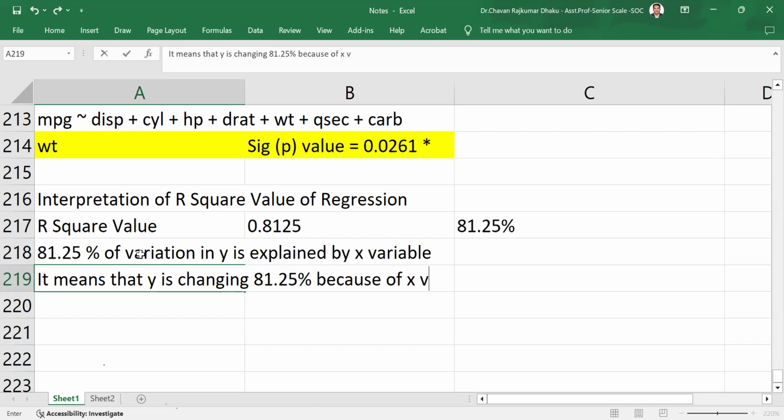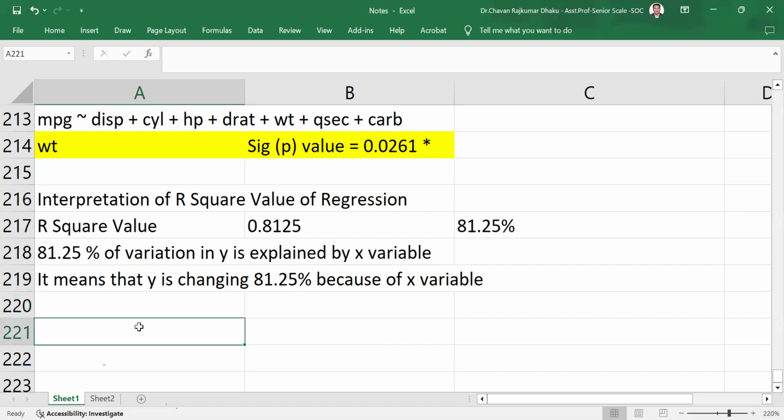There are multiple X, no? X is changing Y, but Y is changing because of X. How much percentage of Y is changing because of X? That is 81.25 percentage. Then the question here is, out of 100%,